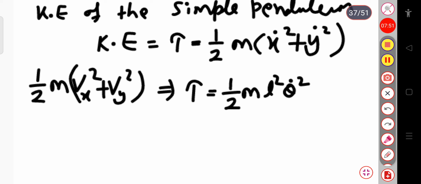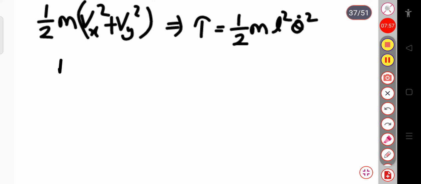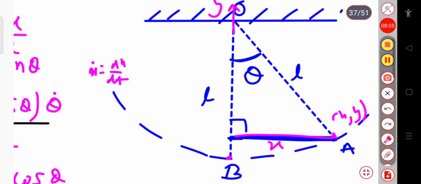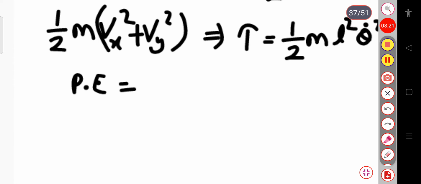Now here we want to calculate the potential energy also. The potential energy will come because of this distance. So let me show you. This distance is the height because of which there is potential energy. Suppose this is z. Okay, this distance is suppose z. Now this potential energy is mg into this z. So the potential energy will be equal to mg into the distance, that is z.